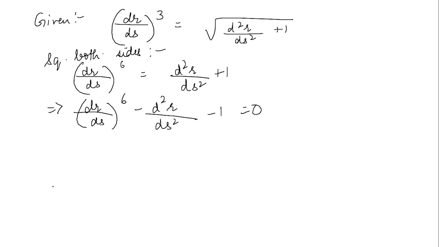Now we need to first of all establish whether this is an ordinary or a partial differential equation. Clearly the derivatives are all taken with respect to one single variable, which is s in this particular differential equation. So therefore what does it mean? That the given differential equation is an ordinary differential equation